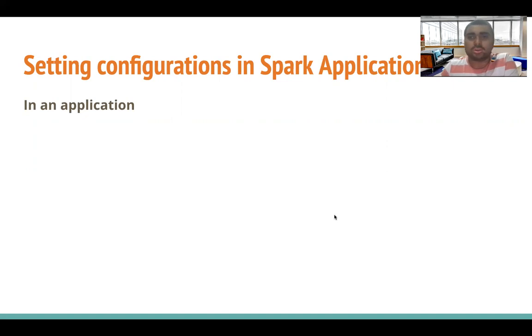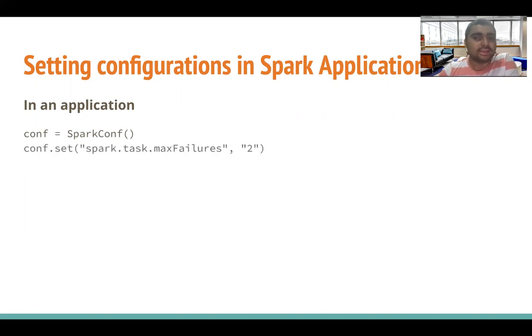And you can also set configurations inside your applications. Inside your application, the moment you generate your Spark context, you need to have a Spark configuration object beforehand. So we create a Spark configuration object and you set the key and the value, where key is the name of your configuration and the value represents the value of that configuration which you would like to use in your application.